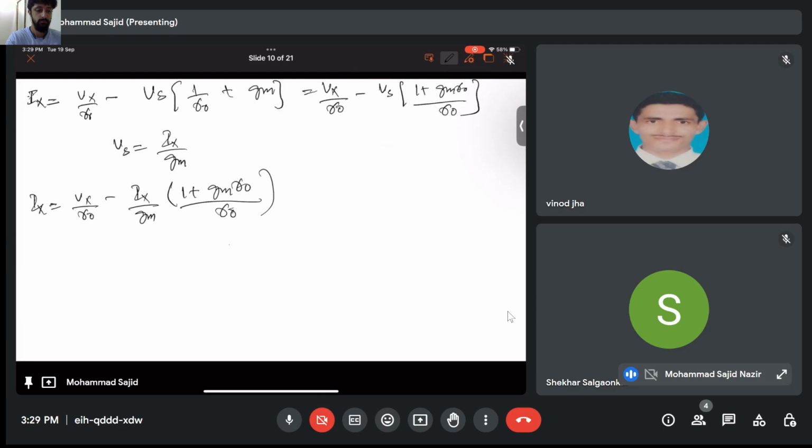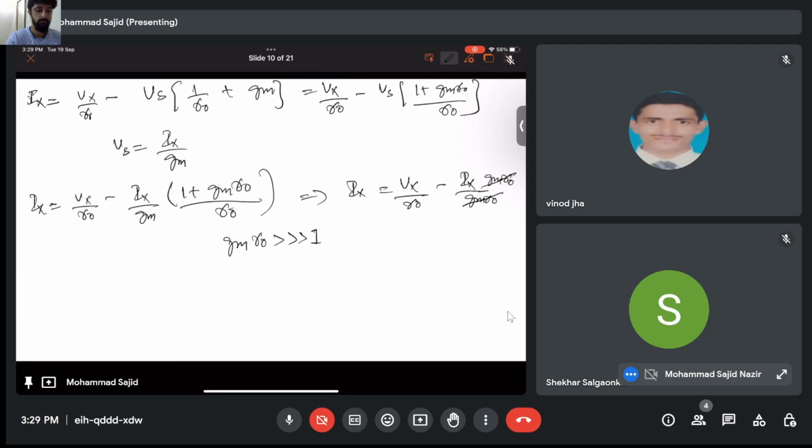So if I suppose this Gm R naught is always very much greater than 1, I can simplify this. Ix is equivalent to Vx by R naught minus Ix by Gm R naught, and in the numerator as well